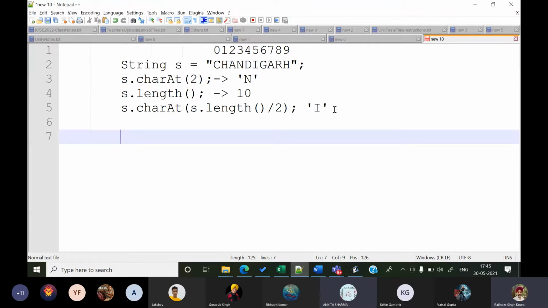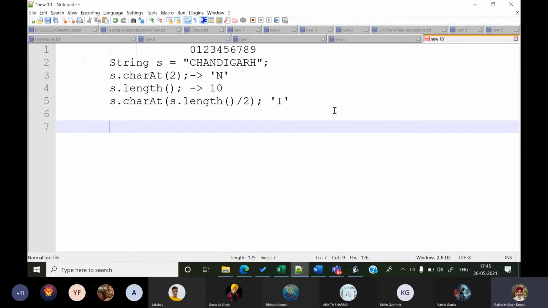Okay, good. Now there is something which I need you to understand. I'll be doing this in class, but this is chaining of methods.